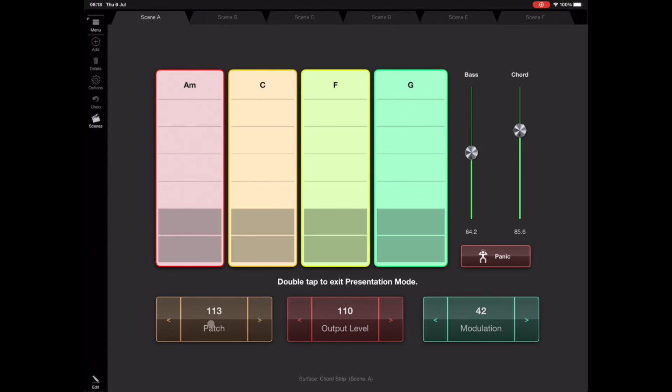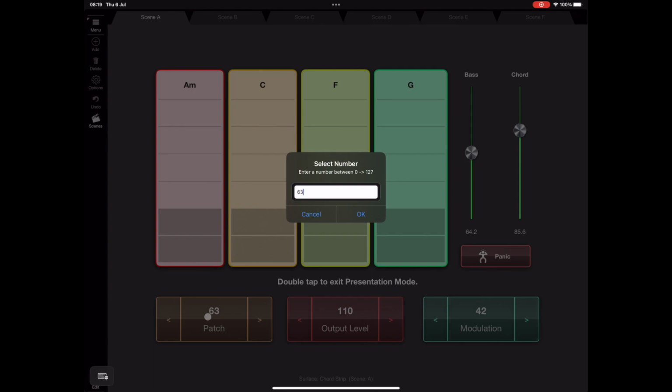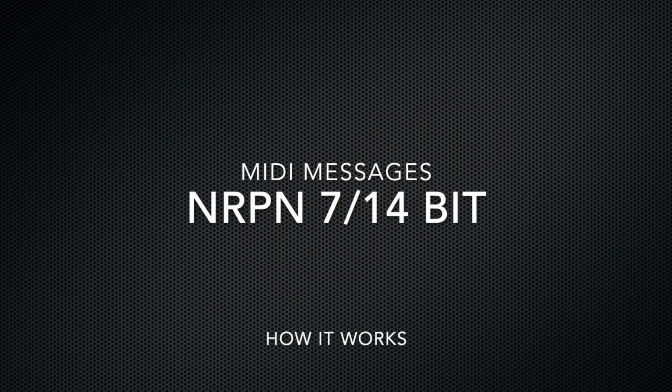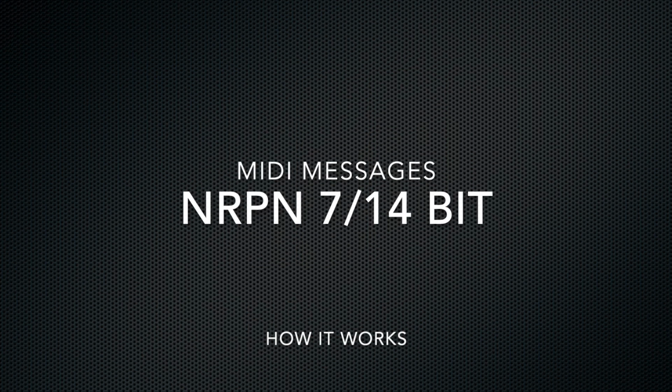Now if you tap in the center and then swipe left or right, it will jump in blocks. I think of 16 at this point because we're using a 7-bit value. As soon as we go to 14-bit values, we'll jump in several K at a time. And also we can double tap on one of these steppers now and enter an exact number we want to go to. Now the majority of work that's gone into this 1.04 upgrade was to add things like 7 and